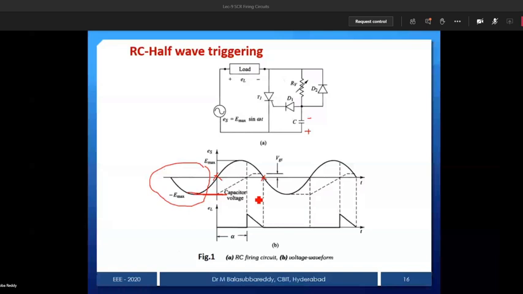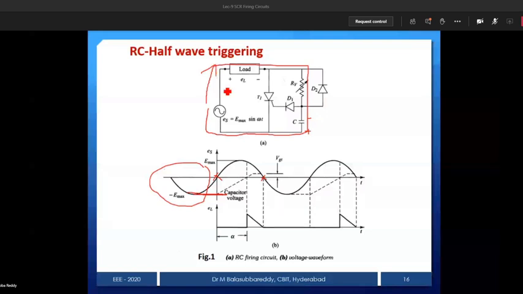The capacitor will discharge, sir. Yes, that is the point. How? What is the discharging path, or in turn it is charging in the reverse direction. Now the current passes like this: supply, it goes to load, then to RV, then to the capacitor C minus, C plus, and goes to the source. This is the path during the positive half cycle.